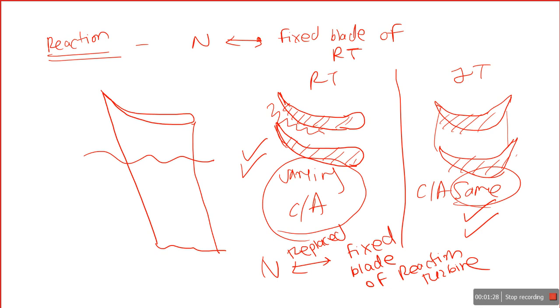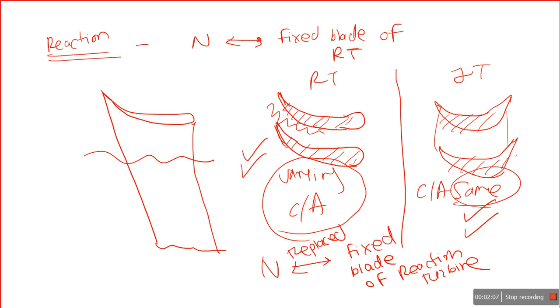So developing the reaction turbine, if you see the impulse turbine, the whole pressure drop takes place in a nozzle. But in case of reaction turbine, I am going to replace the nozzle. The role of nozzle is done by the fixed blade of reaction turbine, and that fixed blade is placed in the casing of that turbine. If you see the turbine body, the outer casing, in that outer casing I have placed the blades of the reaction turbine which act as a nozzle,